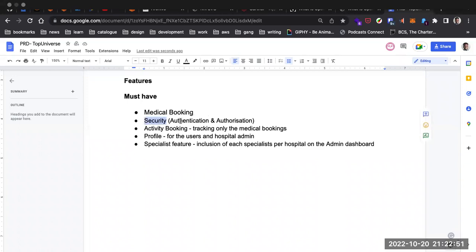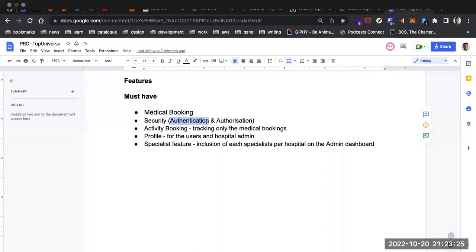For the security, we're looking at authentication, which is sign in, sign up, and also verifying which user is making this request, which user is submitting this record. We should be able to have pages where users will be able to create a new account, sign in, and check for their forgotten password, right? I think those are the most important set of authentication